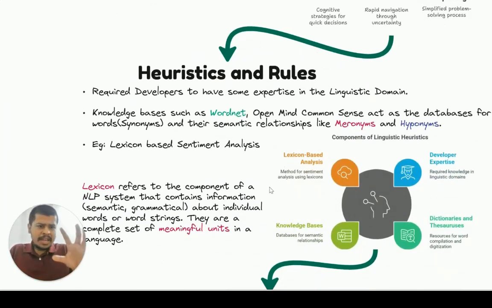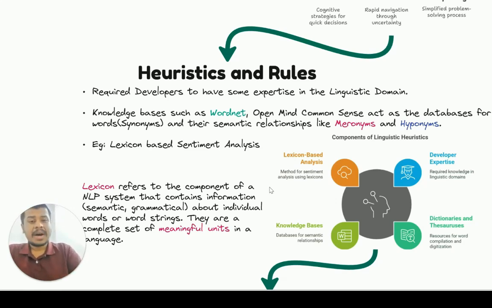The main component of this heuristics and rules approach is that the developers who are developing the NLP solutions using this framework will have to have a deeper understanding of language. So there should be an expert in the linguistic domain, right? This is one criterion that is specifically needed. If you have observed the context-free grammar, the person who invented it, Dr. Noam Chomsky, was a renowned linguist. That profound is the role of linguistic studies for developing NLP tasks in the past.